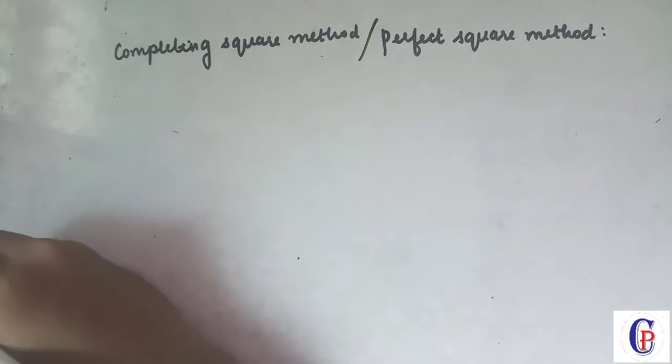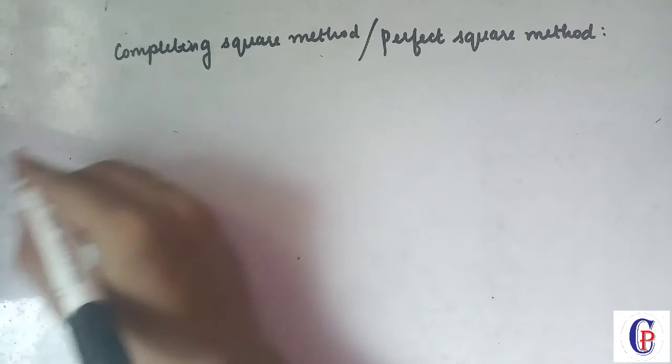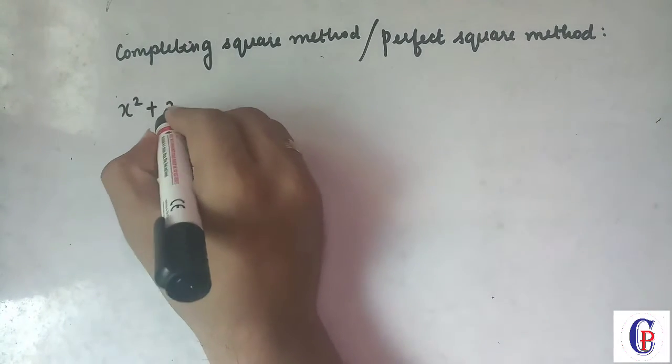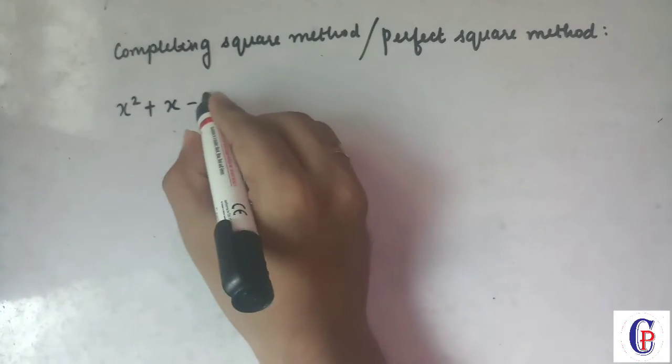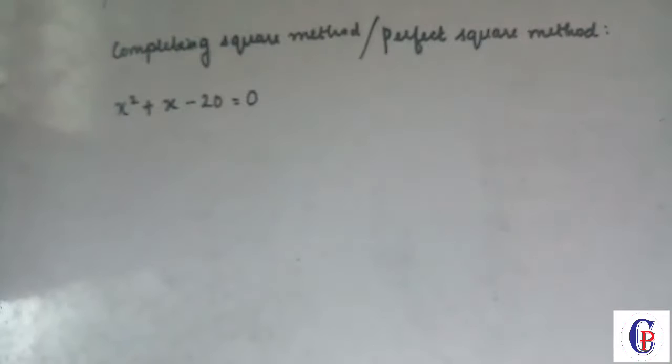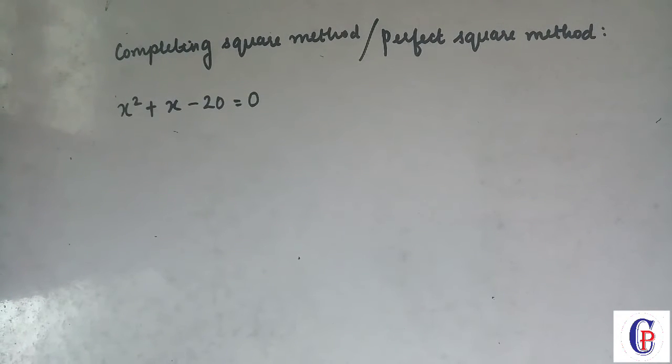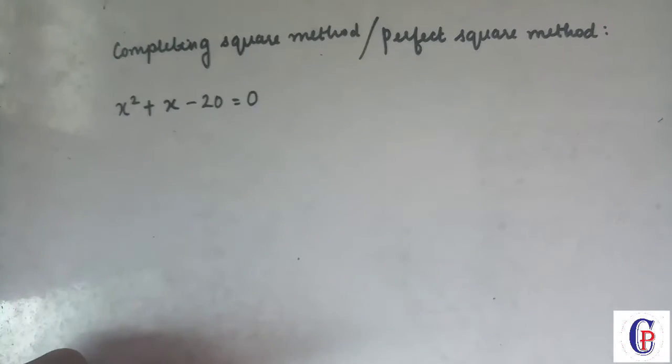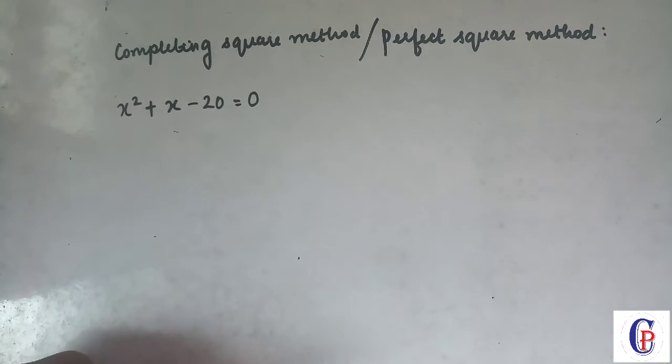Now how do we solve sums using this method? Let us see the method. So we have the question x square plus x minus 20 equal to 0. This is the method to find the solution of the equation. To find the solution of the equation means to find the value of x, that is the two values of x. This question can also be solved by factorization method, but there are few questions that we cannot solve by factorization method, so we need to know some other method to find the value of x, right? So we have this method, that is completing square method.